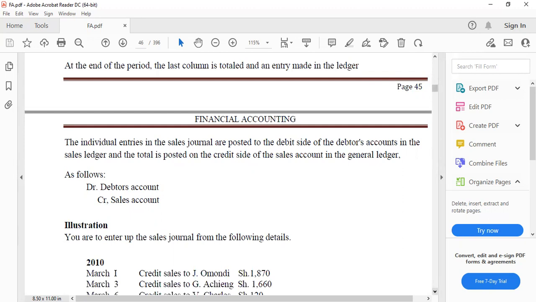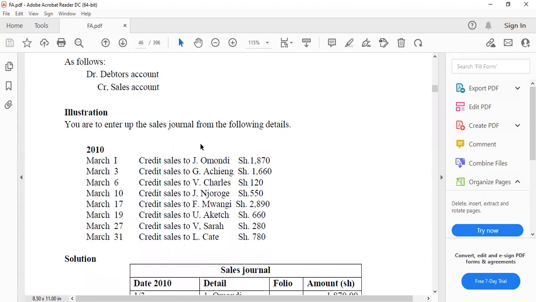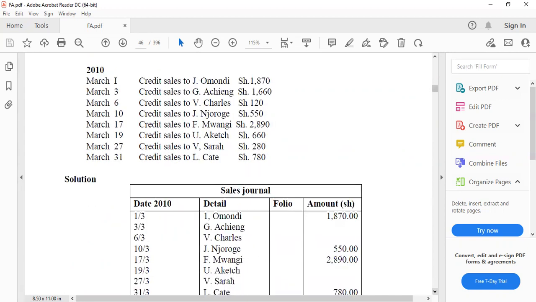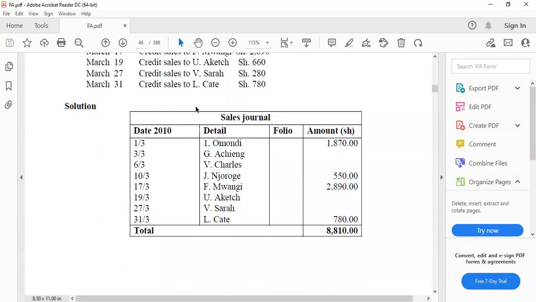So how do we enter this information? You are to enter up the sales journal from the following details. March 1, credit sales to Omondi. March 3rd, credit sales to this. March 6th, credit sales to Charles. This information appears in chronological order from March 1st to March 31st. And to enter the details, you only need to transfer that information to the sales journal. There's not much science behind here; the only value that you sold, you need to record in